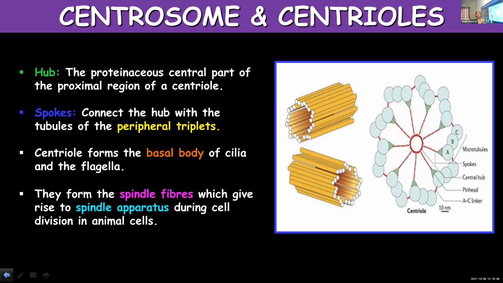Usually inside the nucleus, chromatin material will be a thread-like network, or genetic material will be in the form of a thread-like structure. But when the cell is about to divide, they become short and thick and change into chromosomes. You have been learning this from class 8. In the next chapter, the cell cycle, you will learn more about cell division. For the time being, just understand that centrioles help in producing spindle fibers, which play an important role in cell division.